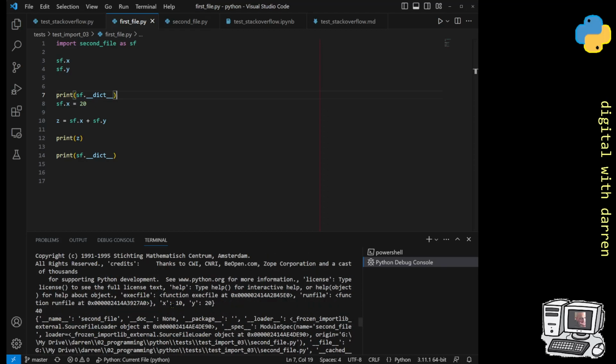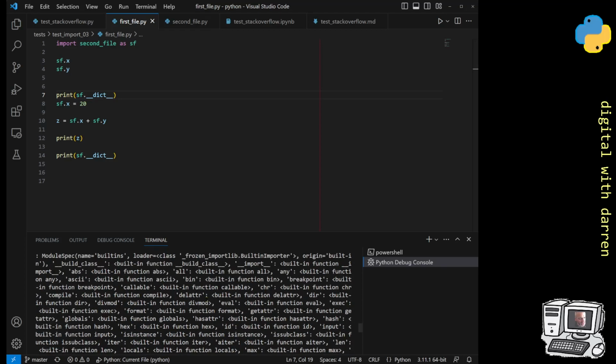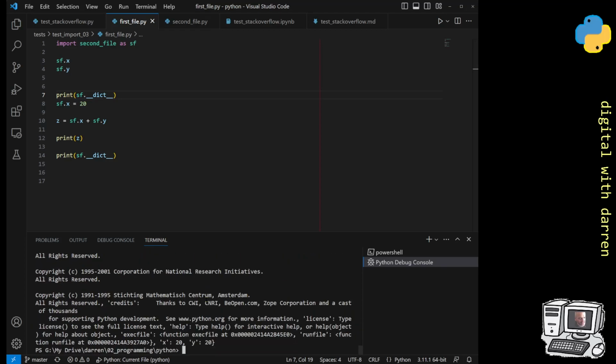Here's our first dictionary, x equals 10, y equals 20. And then after all of this stuff, there's our next dictionary over here, so we've modified the value of X, which is perfectly fine. Now, the whole point of this is that if we imported, because I see these imports quite a bit,